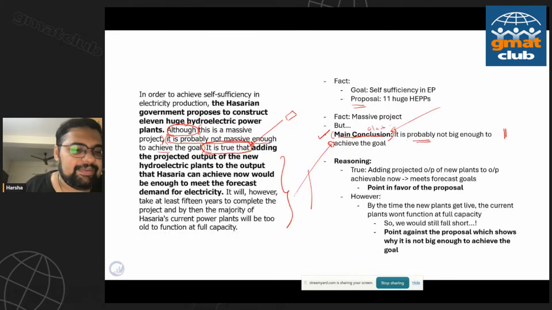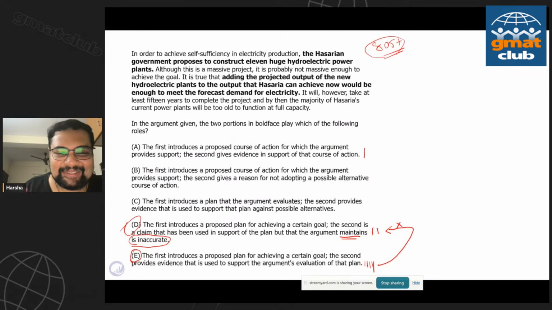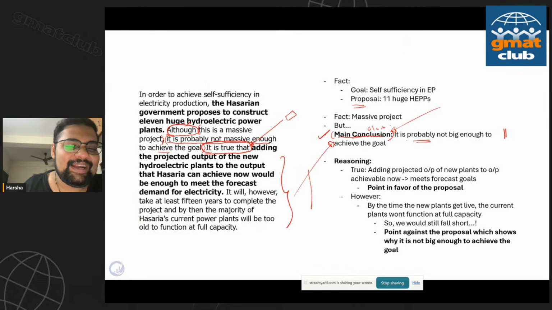It's not inaccurate. We'll come to that. But this is something I really want your brain to pick up. It is true. So whatever boldface 2 is, the author is telling you that it's true. There's no debate about it. The author is nowhere challenging the accuracy of boldface 2. So to say it's inaccurate is fundamentally going against the author here. The author is telling you, boss, whatever you call this boldface 2, it's true.